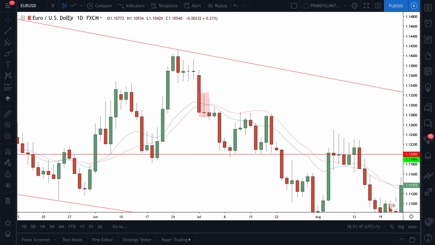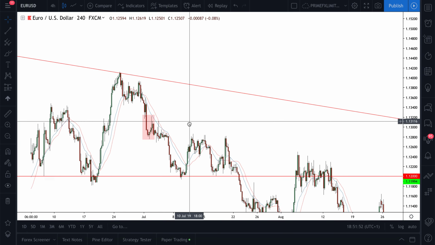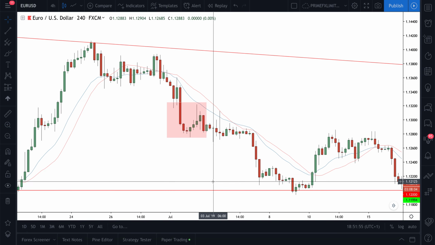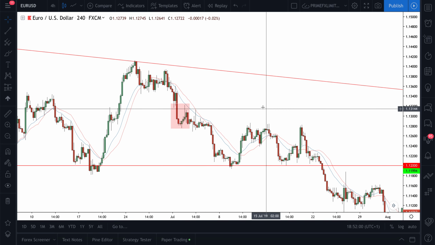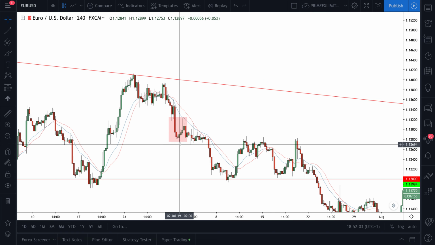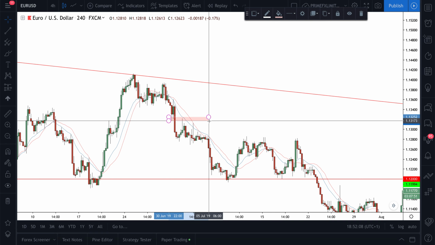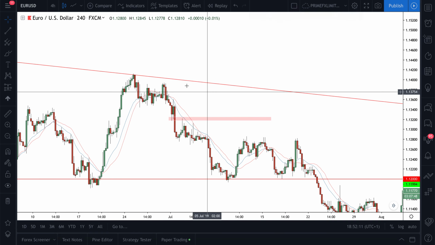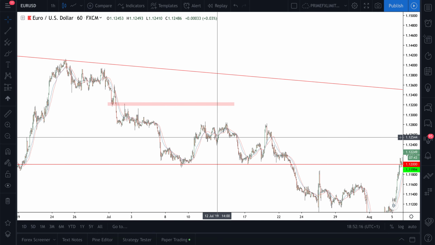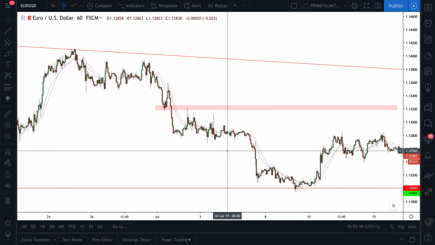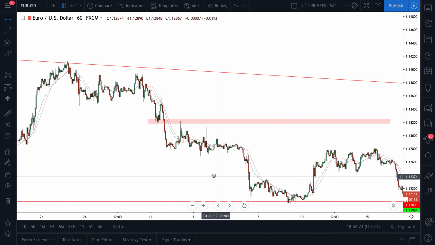If we go back down to the 4 hour around this level, you would see in the highlighted region that you could have taken a short position. These candlesticks themselves can be classed as signals. You would have seen price action push down to this region, then pull back to retest structure here. If you highlight this region now on a smaller time frame, the 1 hour, price action had made a level of support and resistance, and you could have taken a short position and seen this roll over to the downside